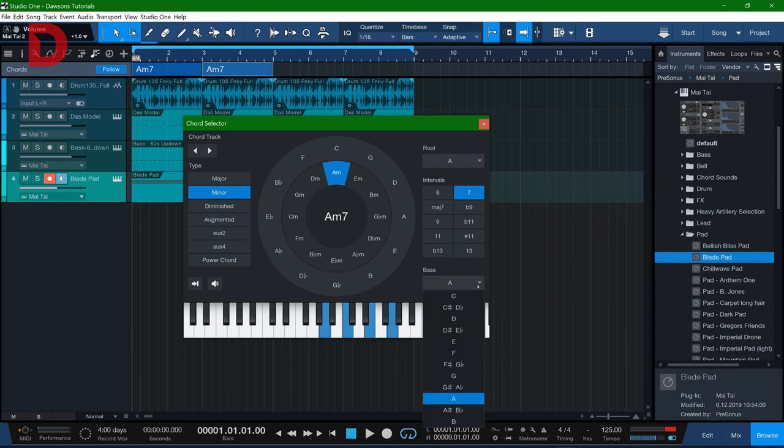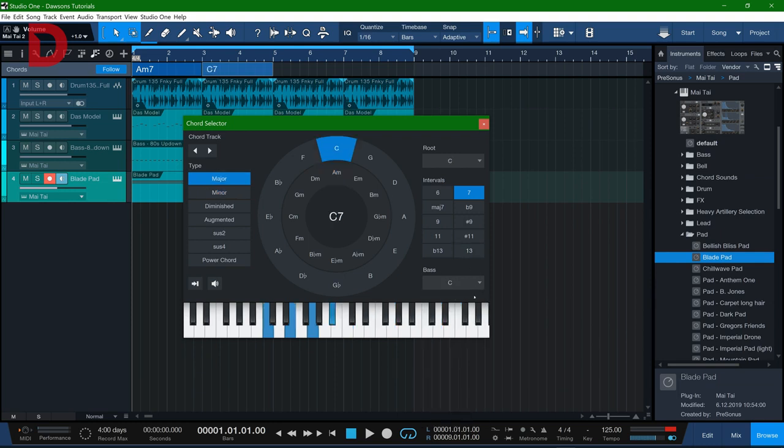We can then select a bass note. So we could have, for instance, C. Let's just undo that 7 with E in the bass. Very cool. So inversions, basically, we can select our root note that way, and then we can select our different types of chords. So we could have sus chords or diminished triads, augmented triads, power chords even, which is very cool if you're